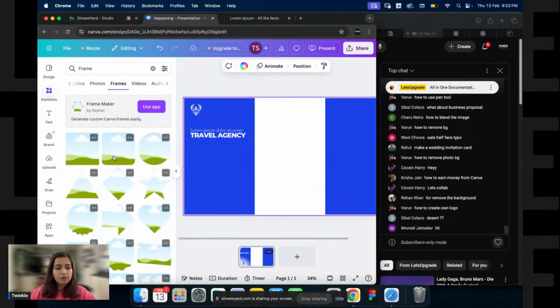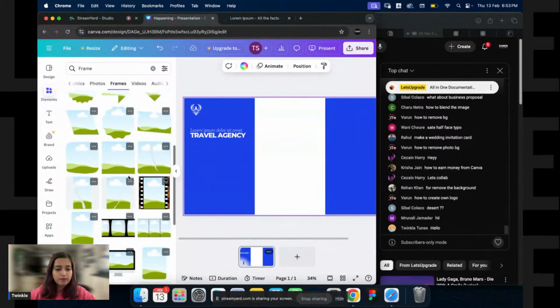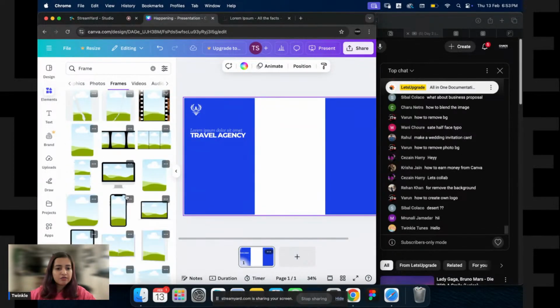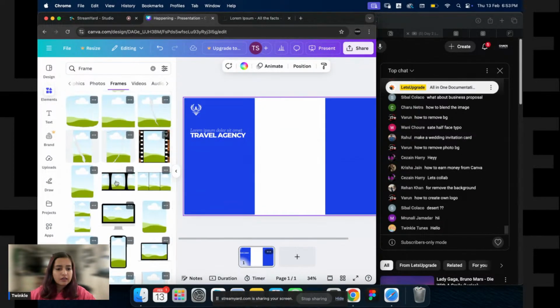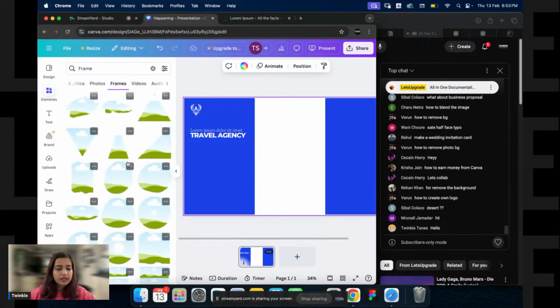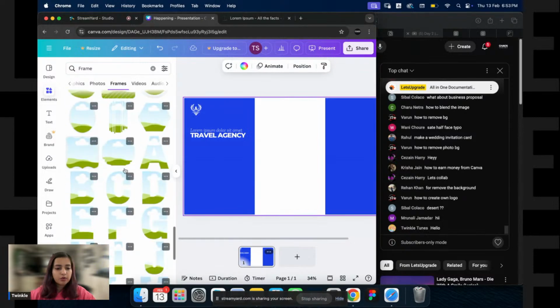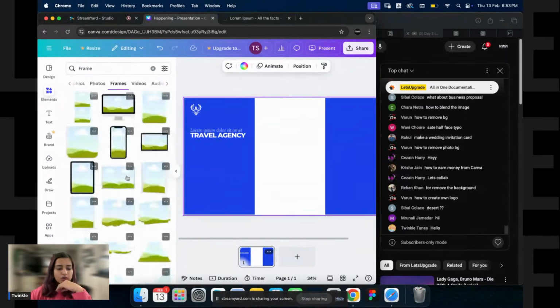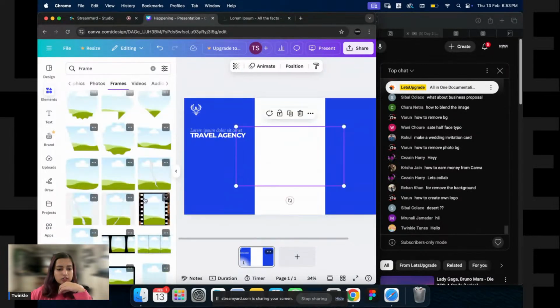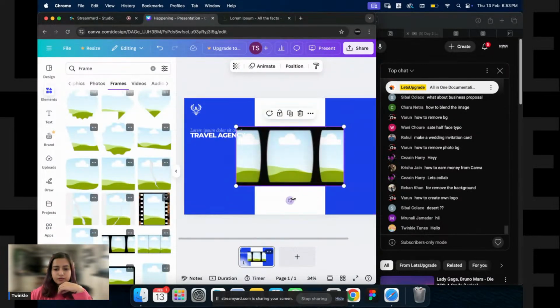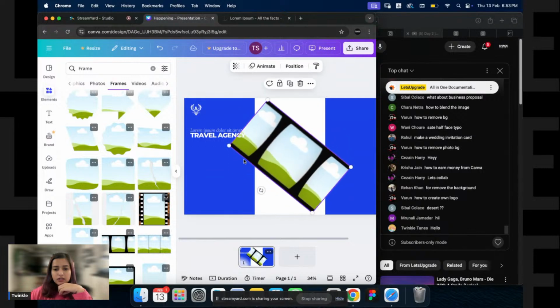Okay, I am gonna go back to frames and see if there is a frame that I like. Okay, I think I do like this template that I just saw. Something like this. Okay. So this is a little blurry, but I think I'll be able to add multiple images